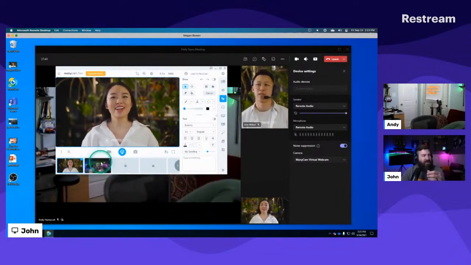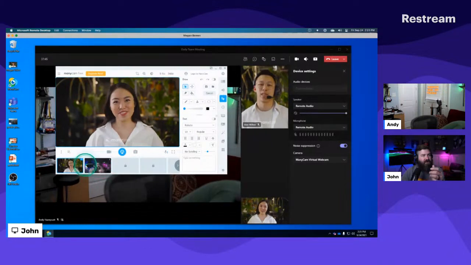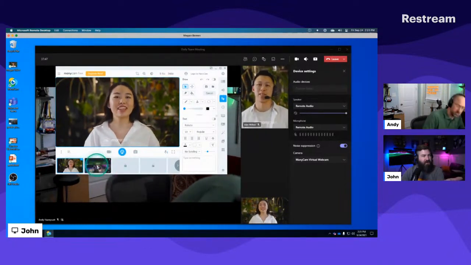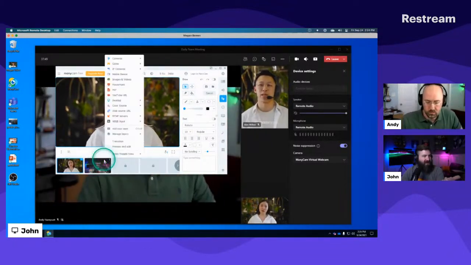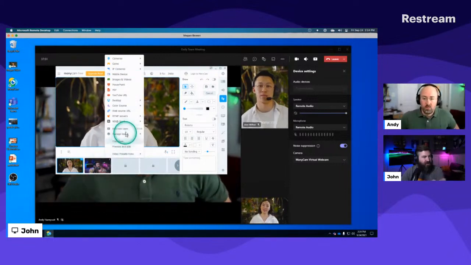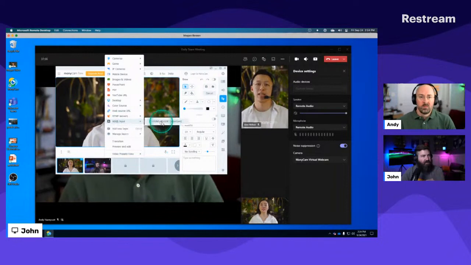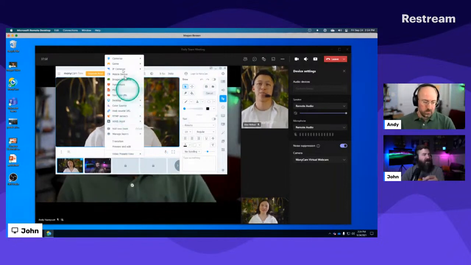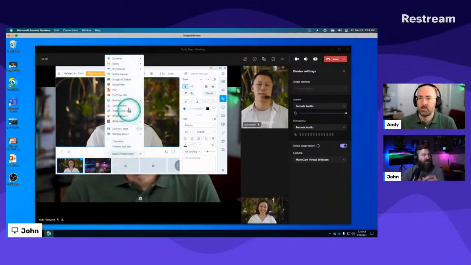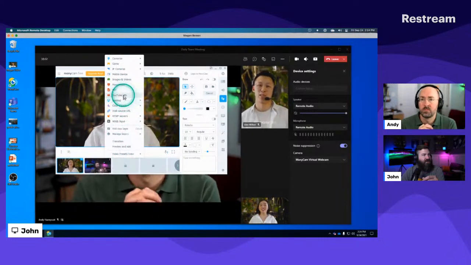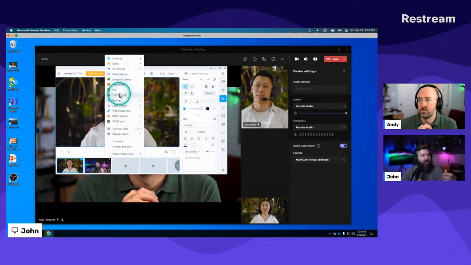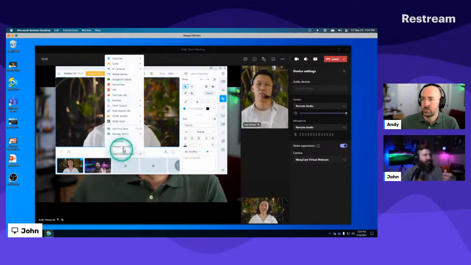And then you can just click through these different scenes, and what you see is what you get whenever you click on it. So that's one reason I like ManyCam: it's easy to get started with. It's fairly cheap. It does work with NDI as well, which is pretty nice. And there are all these other sources in here. So if I want to share a YouTube video in a Teams meeting, I could pump that through as a camera and just use ManyCam for that if I wanted to. So that is one option that we've got.